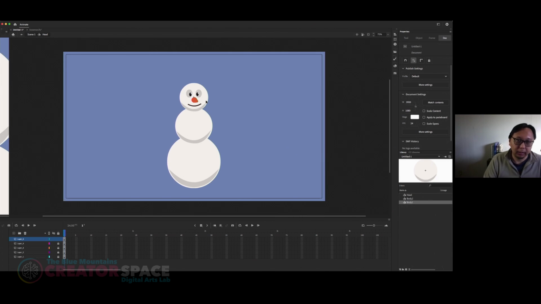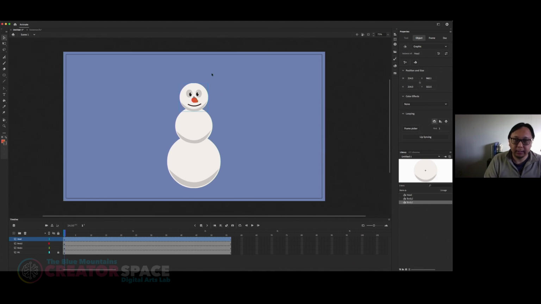And if we go out of the symbol, right now we're inside the head symbol, if you remember. So if we go out, it's all within this one symbol. So you can move it anywhere, it's all together. And if you want to animate it,